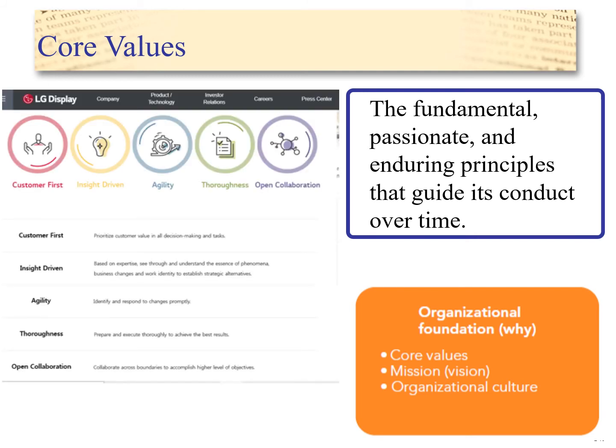For example, if we look at the core values of LG Display, which I've just copy pasted from their website, you'll see their core values are customer first, insight driven, agility, thoroughness, and open collaboration.